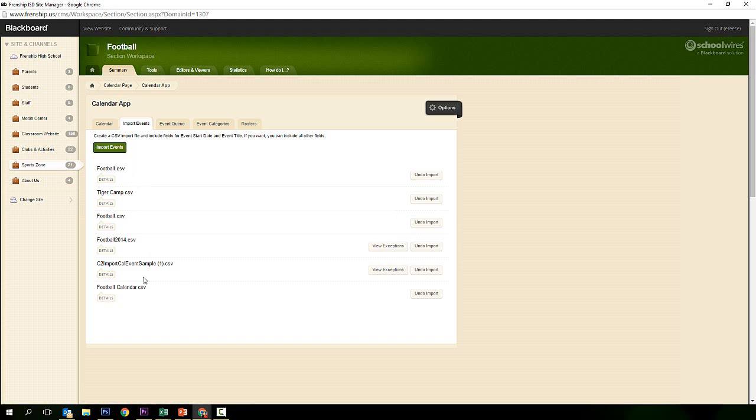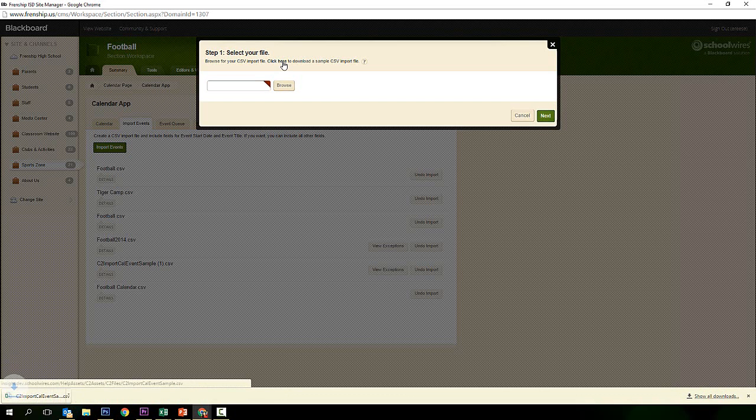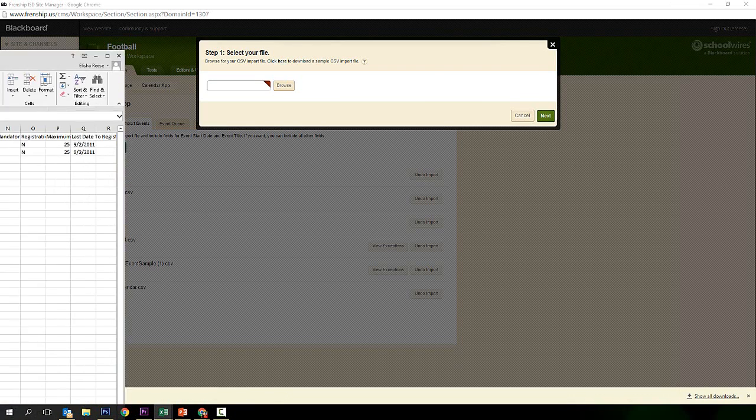Now here I'm in football, so I'm going to see all of the previous imports that I've done for the football calendar. But your first step, you're going to click on Import Events. It's going to ask you to browse for the file, but this is where I go every single time to come up here and get a sample file in order to fill it in. So if you look up at the top, it'll say browse for your file, or click here to download a sample. So when I click here, it's going to automatically download my Excel spreadsheet, and I'm going to click it and open it up